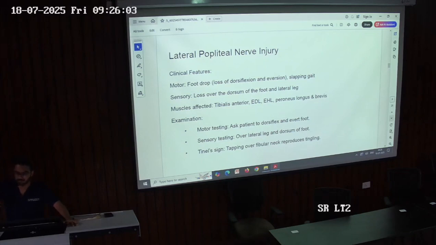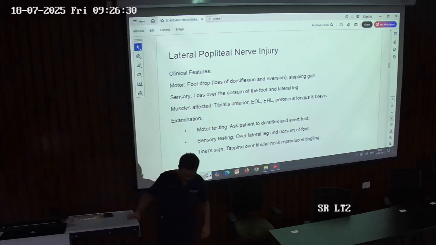If the patient won't be able to dorsiflex it, it will be very much in a loose state. So whenever the patient walks, he has to lift the leg properly and then put it on the floor to make a step ahead. So it will be more like a stepping gait, as if I can try and demonstrate. I hope I demonstrate in a proper way. So if the patient is walking, right? So if the patient is having